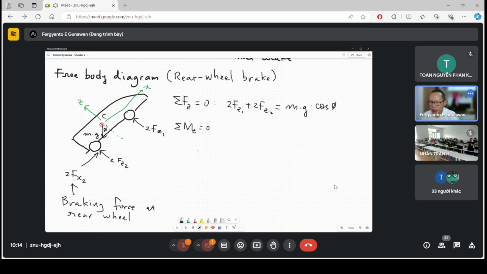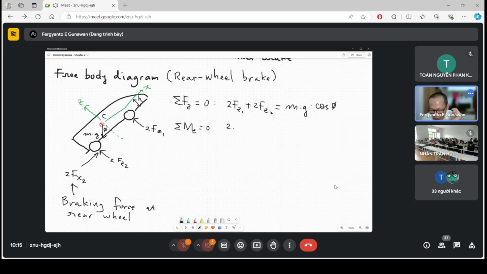At the rear wheel. Okay, so from that, I think it's easy to see that, let's assume this is the height, right? So if we take a moment at C equals 0, we are going to see that